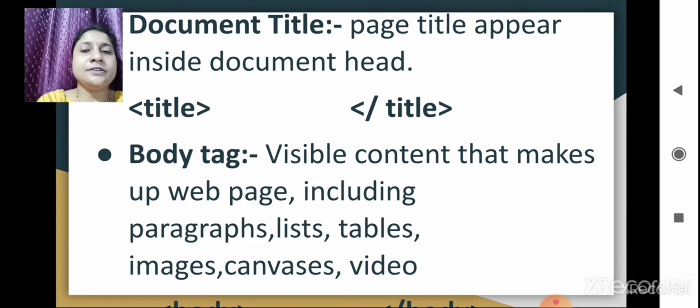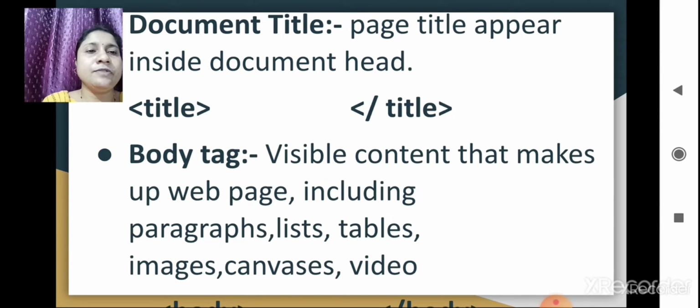It is the final set of tags. It contains the main content of web pages, like the visible contents that make up web pages, including paragraphs, lists, tables, images, canvas, and video. The body tag is used for the main contents of the web pages, which include text, graphics, and other elements.